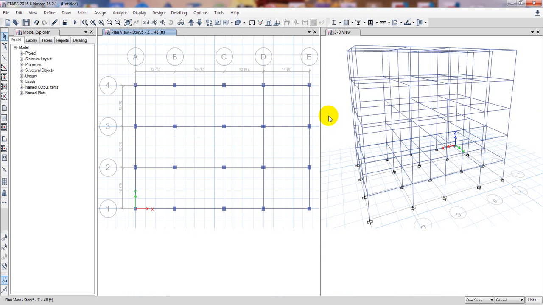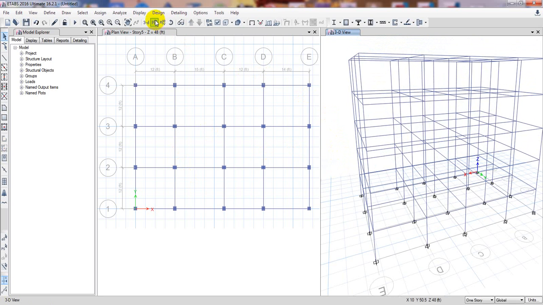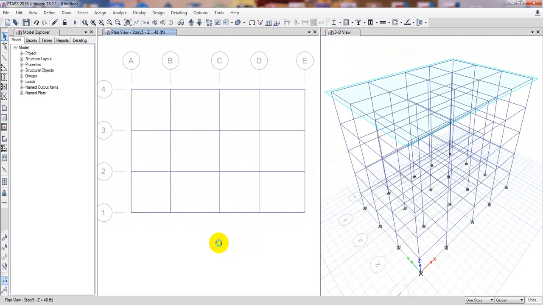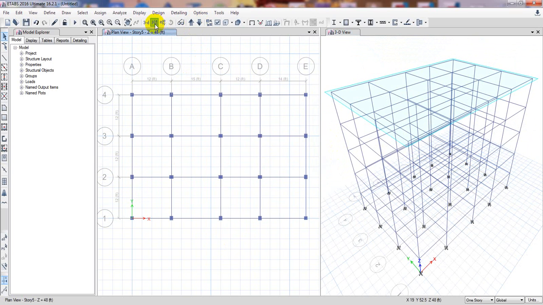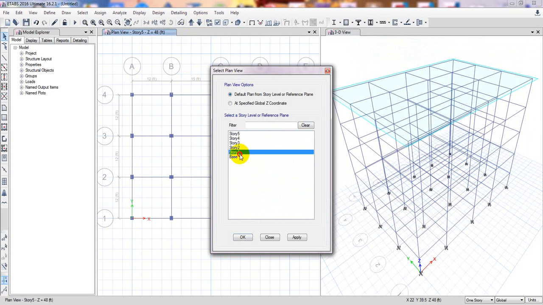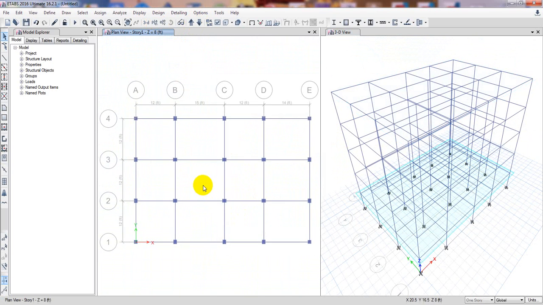Okay, so this is our 3D. I'll take that as a 3D, and first of all I'll go here, in elevation, from elevation I'll go to Storey 1, then I'll apply, then okay. Now we'll take some point here. Okay, here, as here we'll draw our